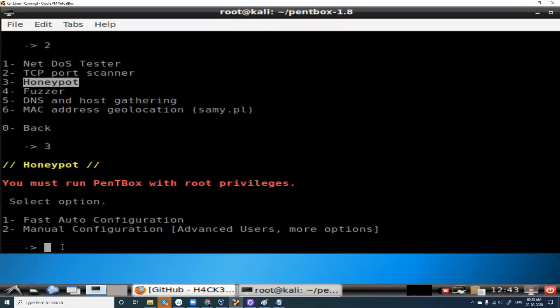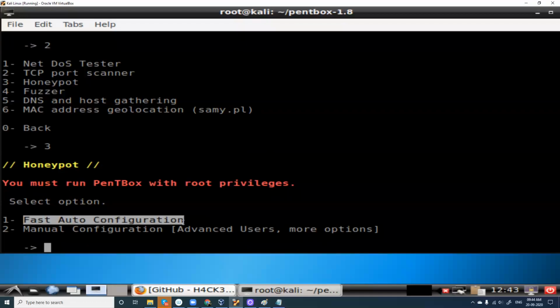3, enter. Now it is asking us, honeypot, okay, good, we can run a honeypot. Do you want to go for a fast auto configuration, or a manual configuration? When you go for fast auto configuration, honeypot will assign by default port number 80, so it will show that port number 80 is open by default.